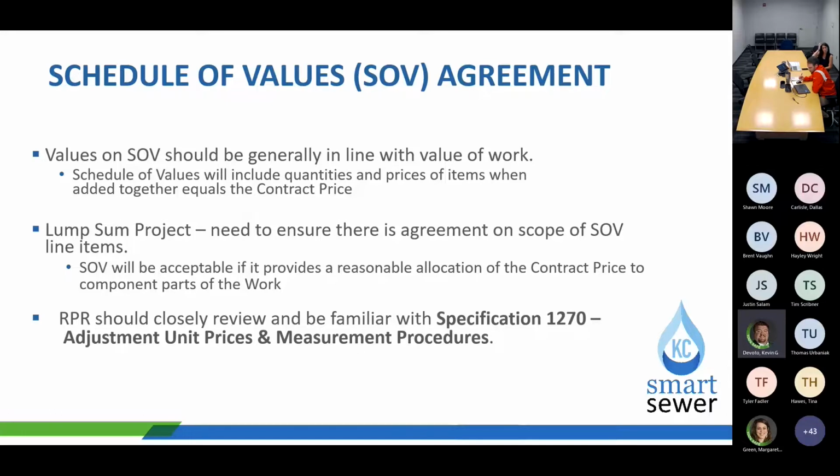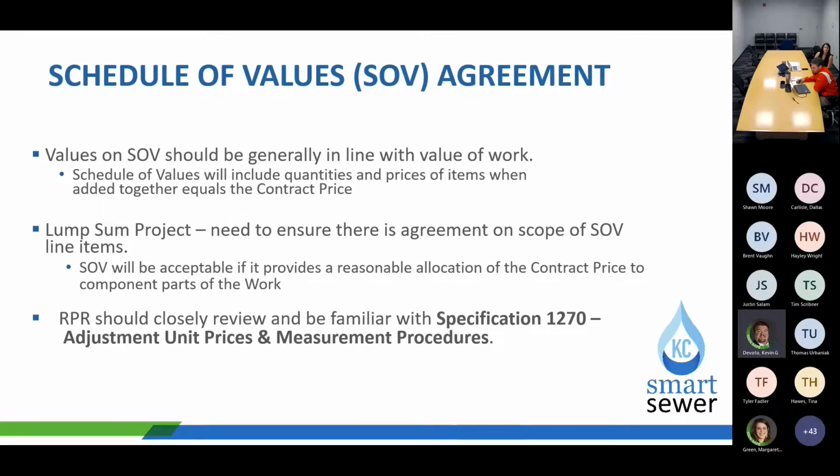The other item is, it's generally in line with the value of the work. You can also look at the schedule of values spec sections that are in many of the smart sewer documents. Sometimes they're housed in spec section 1270, adjustment unit prices, measurement procedures. Occasionally they're housed in 1290 payment procedures, depending on the project and how much unit price work there is. But it lists out a lot of different requirements in there, and one of the common ones is